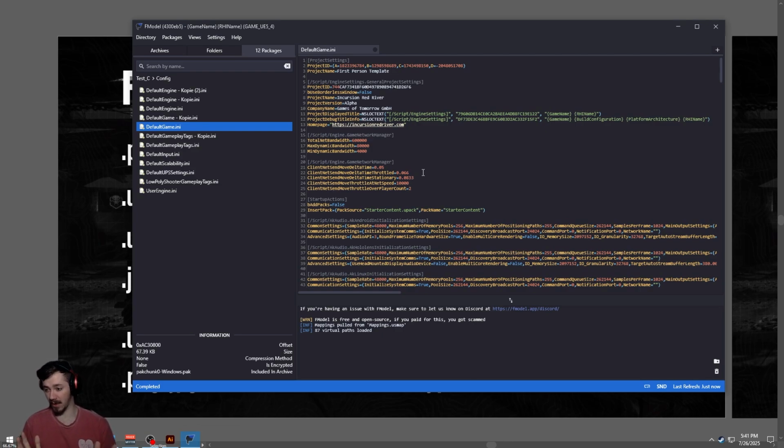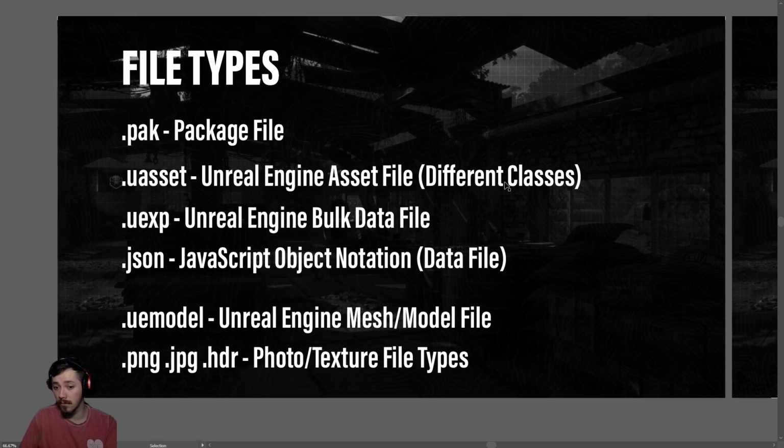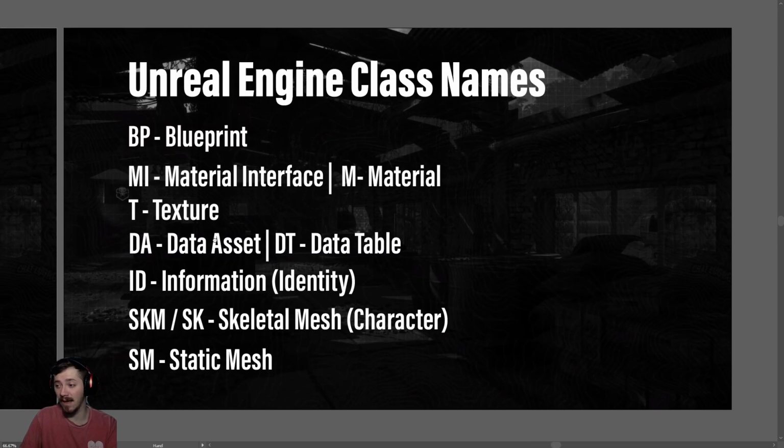That's really effectively what it is. Just another data file type. So now you get a really fast overview of the file types. Moving over to Unreal Engine class names, you have all these different abbreviations, and these aren't going to be